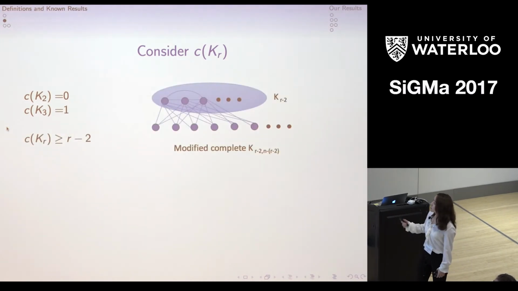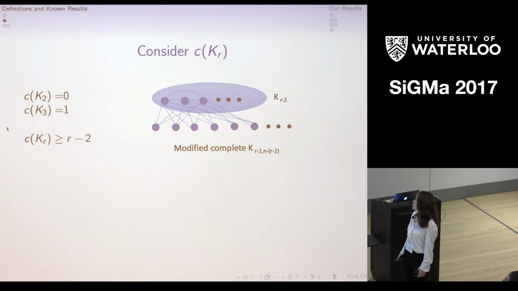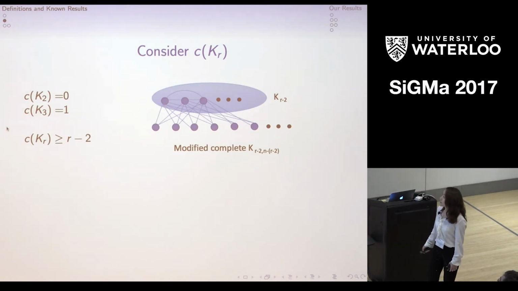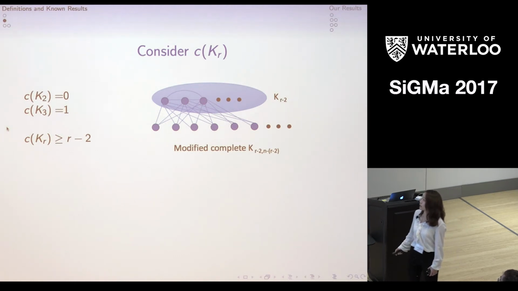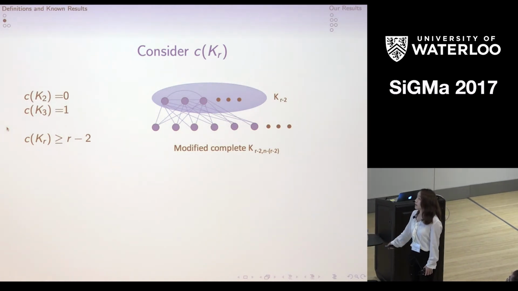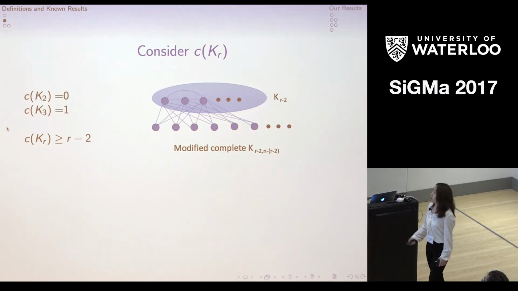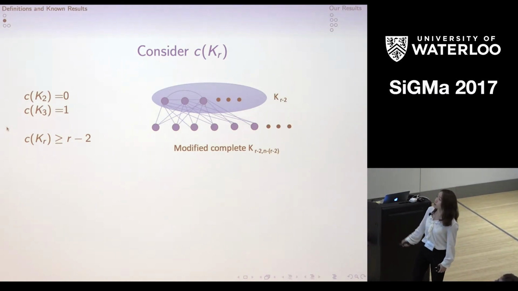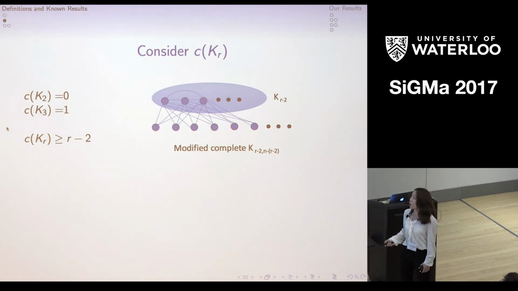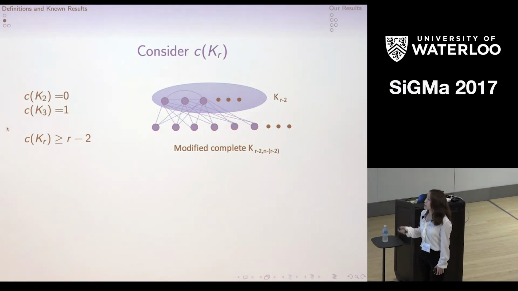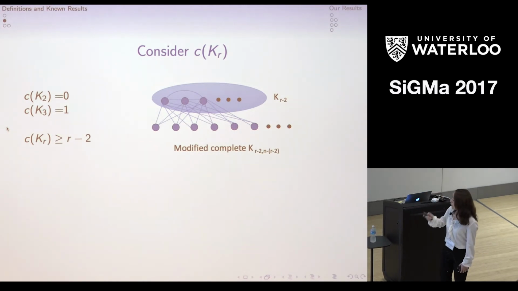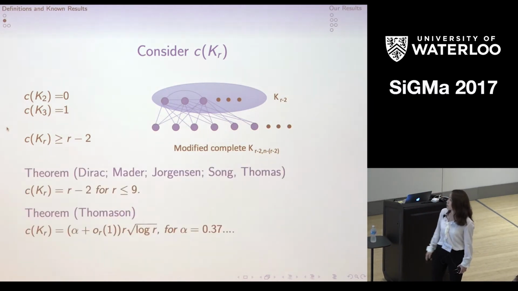It's because of this construction, which is a modified complete bipartite graph. One set has t minus 2 vertices, and the induced subgraph is a clique, and all the other vertices are in the other set. So when n goes to infinity, the density of this graph, the supremum, would be t minus 2, and it does not have K_t as a minor because you would need at least t minus 1 vertices in the clique. And in fact, Gabriel Dirac,